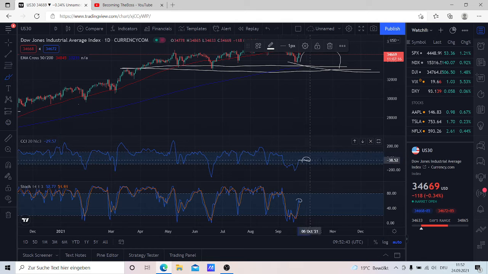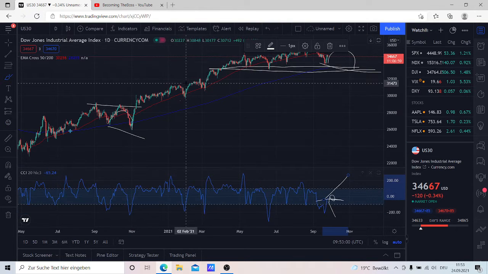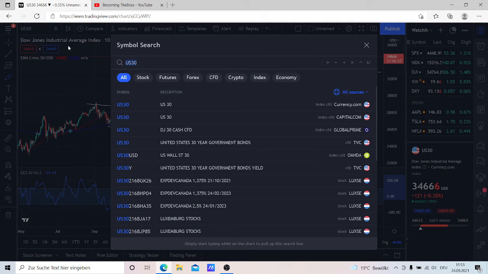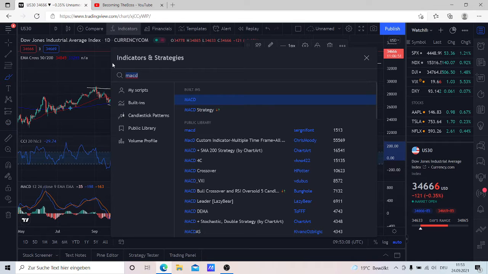So if we are in the middle of either of those indicators, it usually means that we could go either way as well, since the indications are not that clear for now. So keeping that in mind, if we just change the stochastic real quick to the MACD, for example,